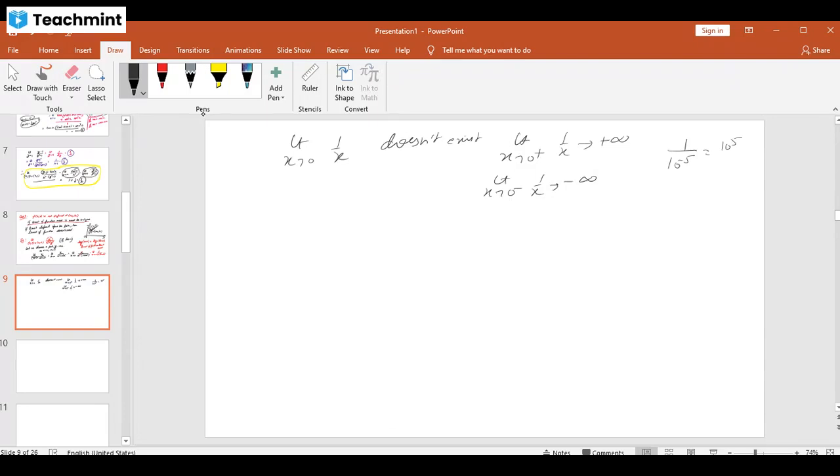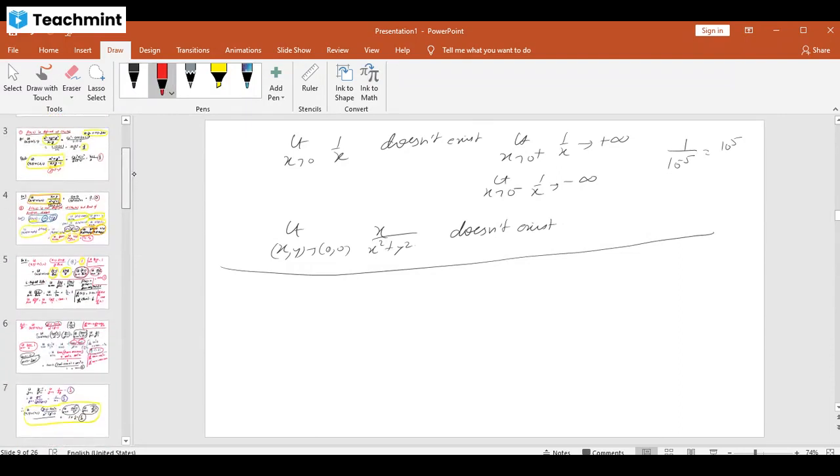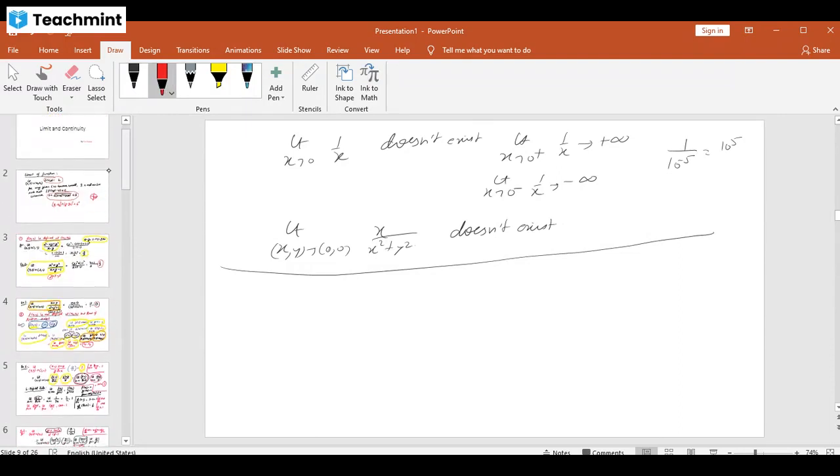So because this limit does not exist, it means that the limit as (x, y) approaches (0, 0) of x upon x square plus y square does not exist. Okay, so this is one of the ways to solve this particular problem. There is another way with the help of which we can solve this problem. What can we do? In the beginning, in the definition of the limit of a function, we discussed